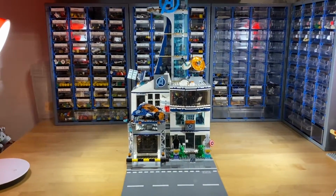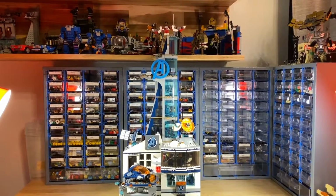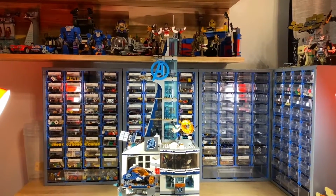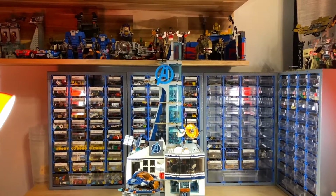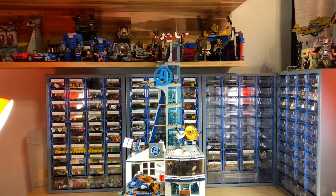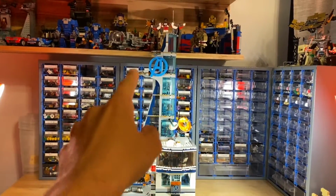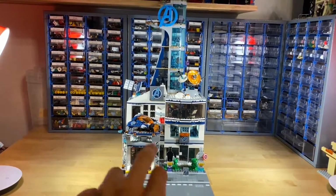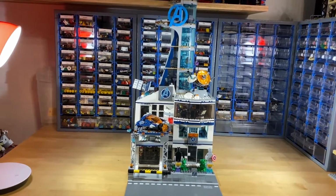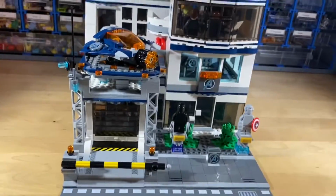Well, mostly the bottom part, since the Avengers Tower is just the official set. I didn't change anything about that yet. Could be a couple of small modifications done, but overall it's a really solid set, and I just put it up top there. So this is just the official set, but all of this is custom built. Well, that flying vehicle is not,